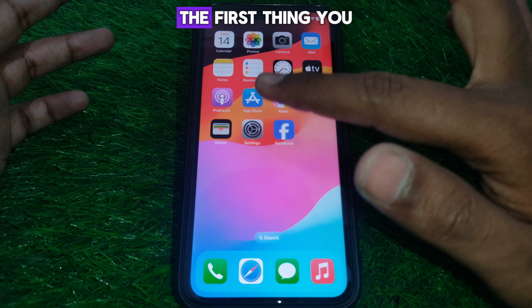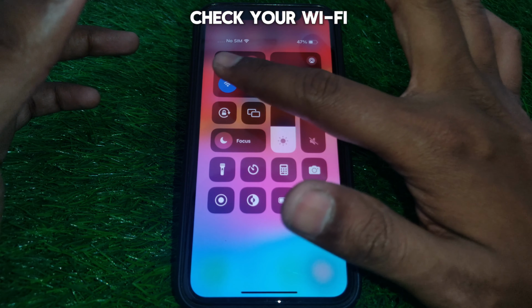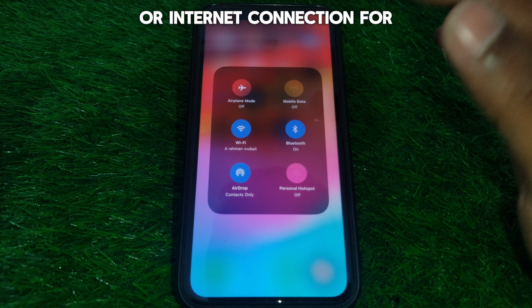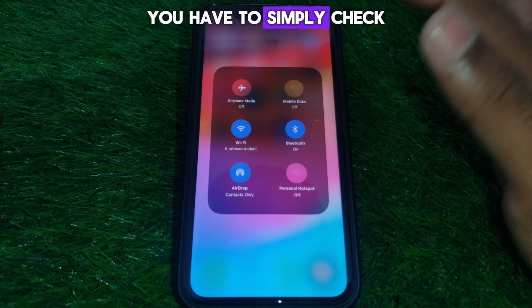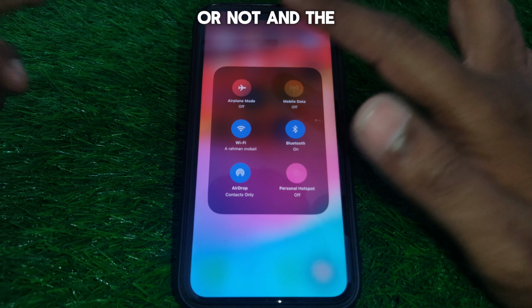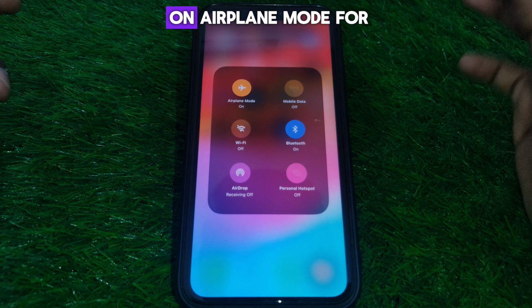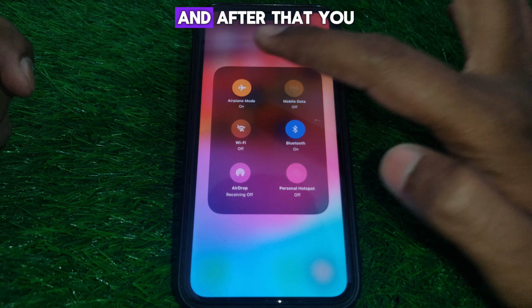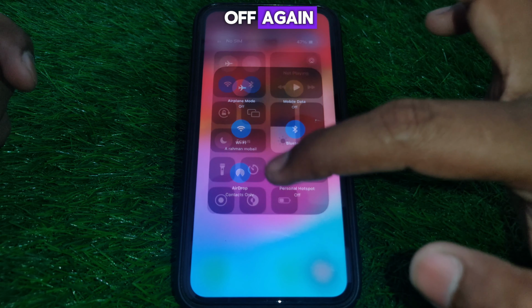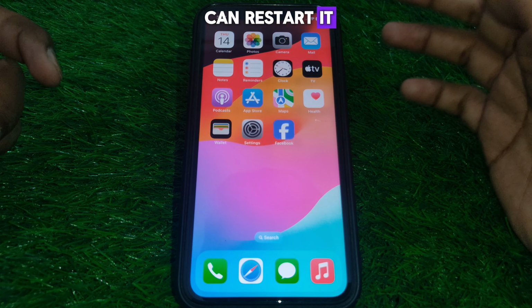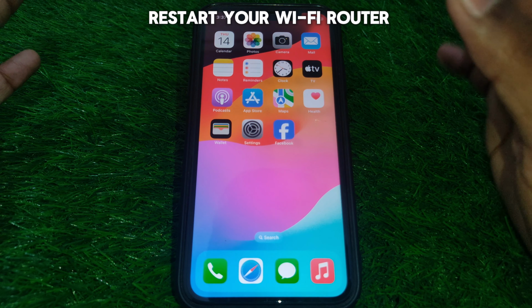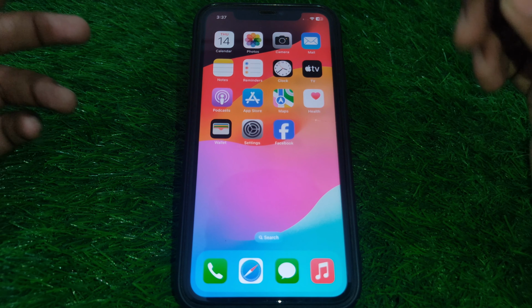So first of all, the first thing you have to do is simply check your Wi-Fi or internet connection. For this, you have to simply check whether your Wi-Fi is connected or not. And the next thing you have to do is click on airplane mode for some seconds, and after that you have to turn it off again so that your Wi-Fi can be restarted. And the next thing you have to do is simply restart your Wi-Fi router, and after that